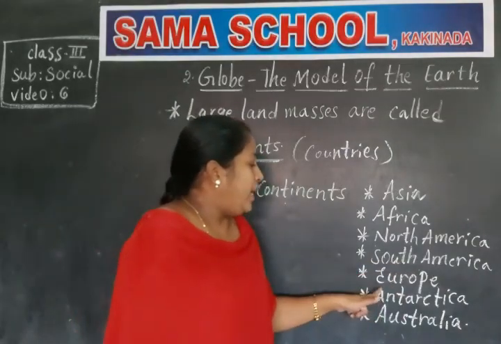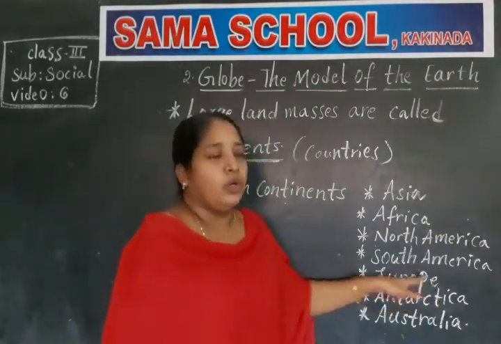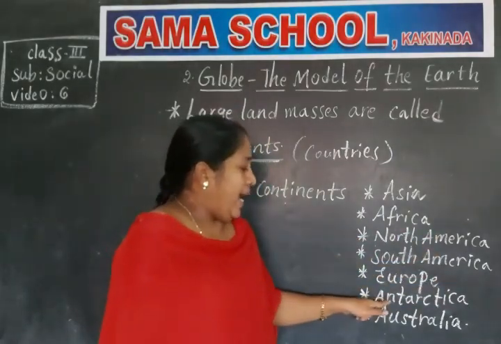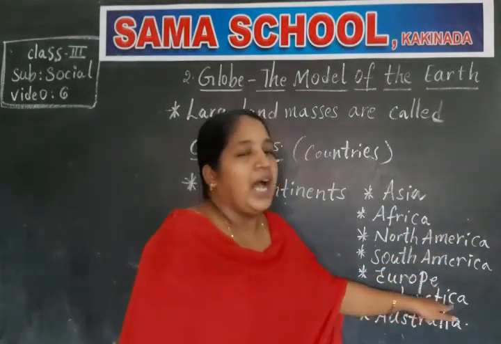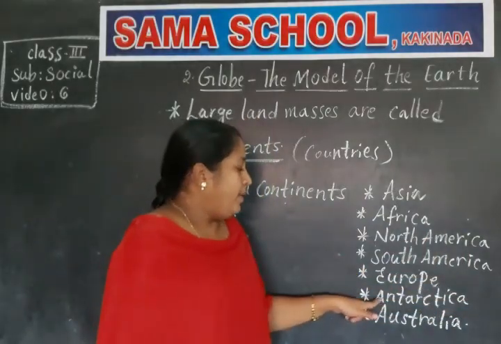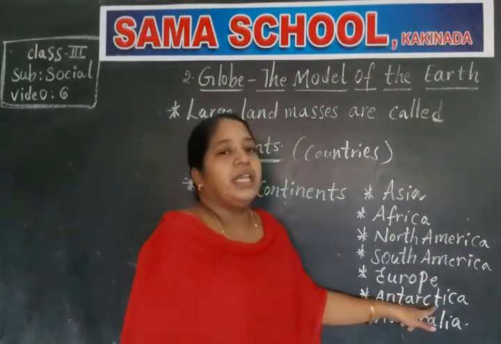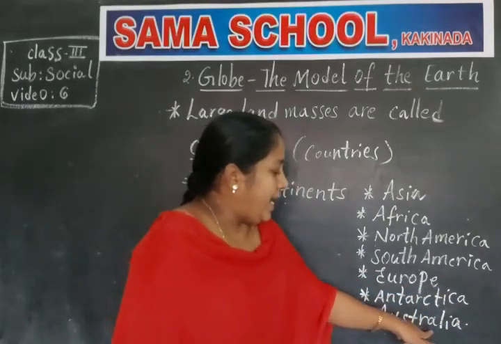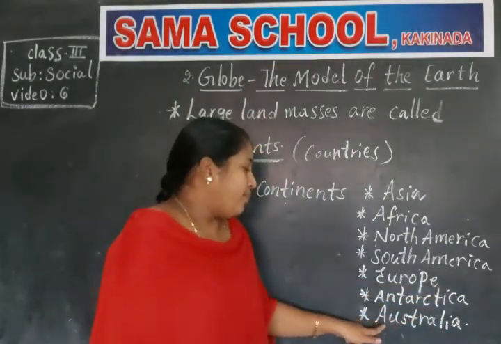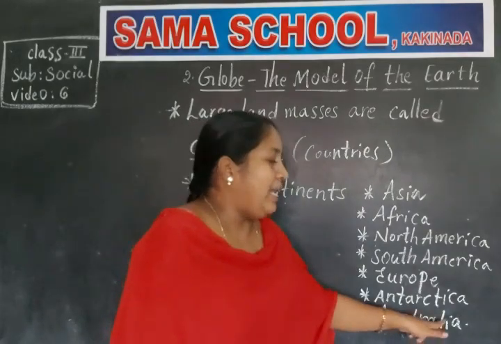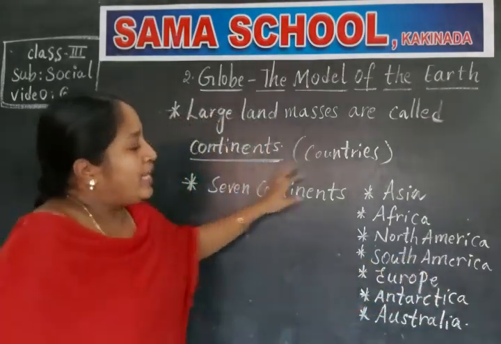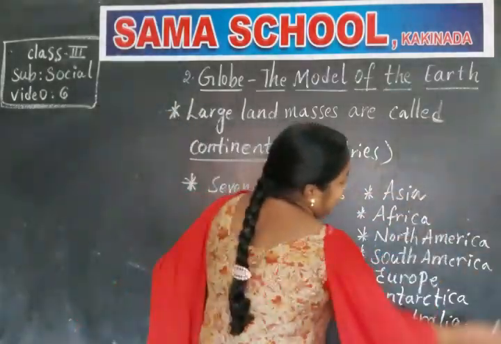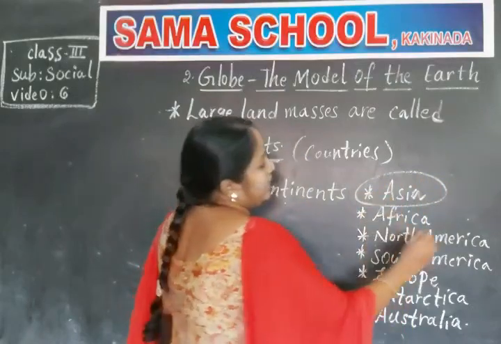South America. Europe. Antarctica. Australia. So these are the 7 continents present on the earth, and among these 7 continents, Asia is the